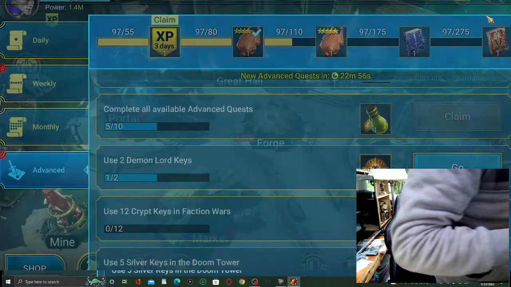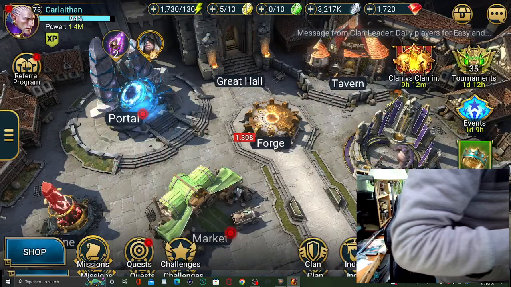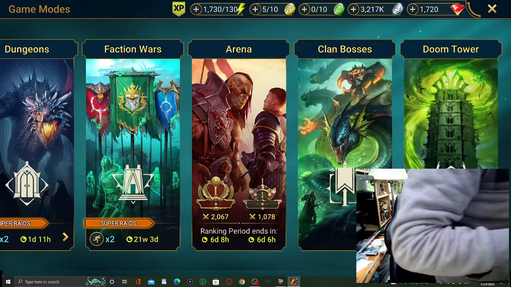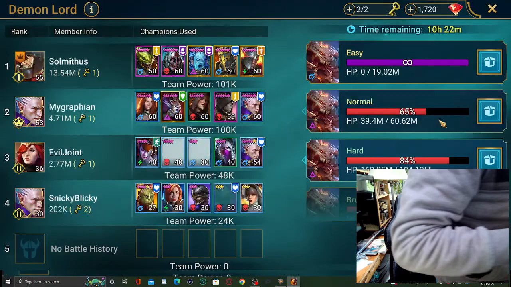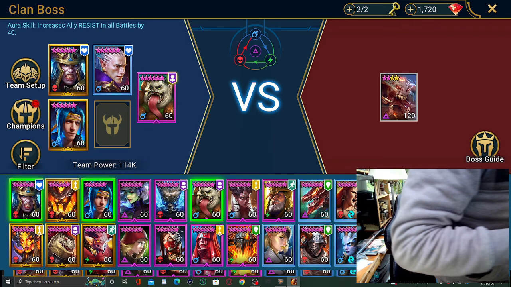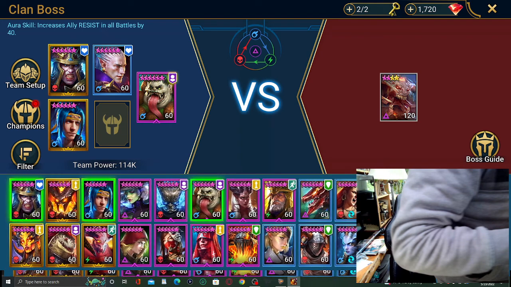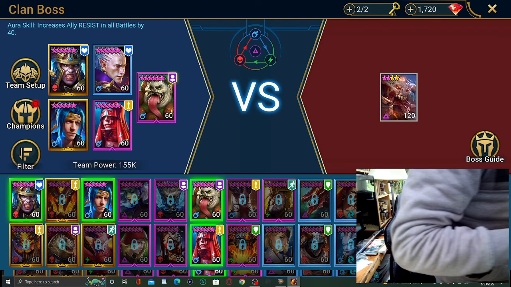We're gonna be completing as much of these quests as I can. Okay, let's start with Clan Boss. Normal. I'll do hard to show a difference. I'll do a bit of a different thing. I'll throw in Sanguinia for the block debuffs. And then these other two can be the...